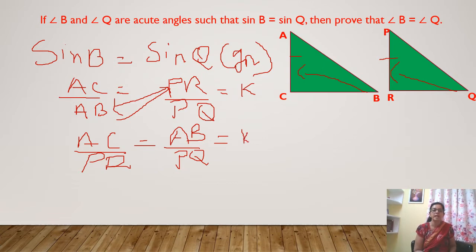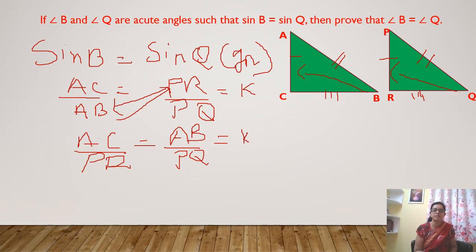And did you realize that AB upon PQ is another pair which is a proportionate pair of our similar triangles? Here it is AB, which is the hypotenuse, and PQ is also the hypotenuse. The second pair also is ready. Now which pair is not ready? Then it is the third pair, CB upon RQ. Once we prove that even this pair is proportionate, then by SSS similarity, these two triangles will be similar. In order to find the CB upon RQ, we have to do the working.